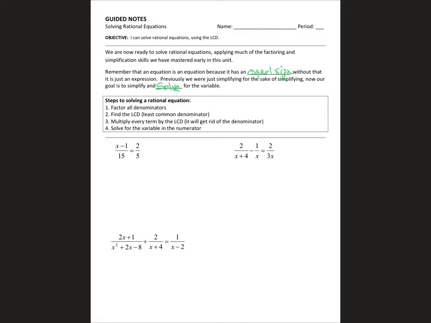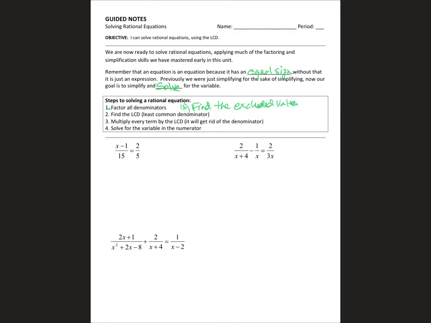I'm actually going to add a step in here that I forgot to type into this note sheet, and I apologize about that. But I'm going to write it right underneath factoring all denominators, okay? So I'm going to put, this step should really be 1b. Do you understand? This step is 1a. This step is 1b. I'm going to put find the excluded